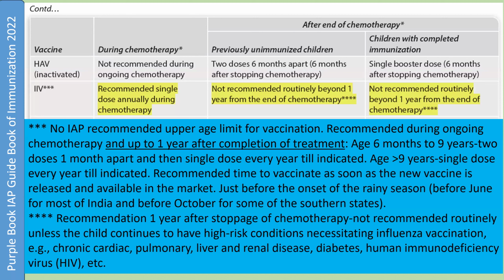Example: chronic cardiac, pulmonary, liver, or renal disease, diabetes, human immunodeficiency virus. Now, one of the things you should remember is immunosuppressed. What are the patients immunosuppressed? Immediate answer from the candidate would be patients with immunological deficiency like primary, secondary, etc. And they would also say the patients who require flu vaccine have cardiac conditions, chronic lung disease. And if you ask them about cardiac conditions, does a VSD require it? Does an ASD require it? Does a patient with PDA require it? The answer to that is